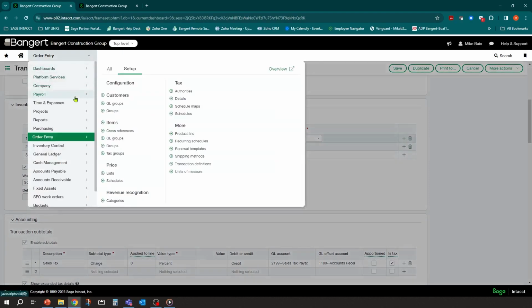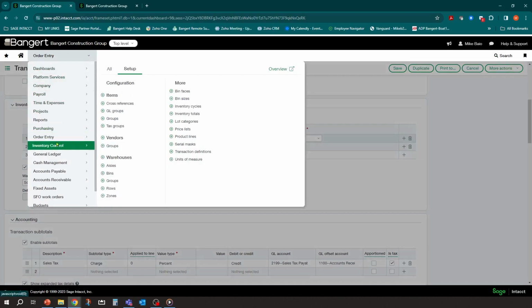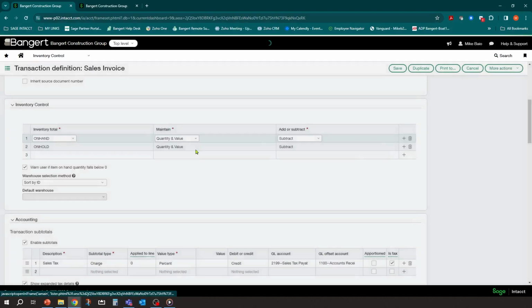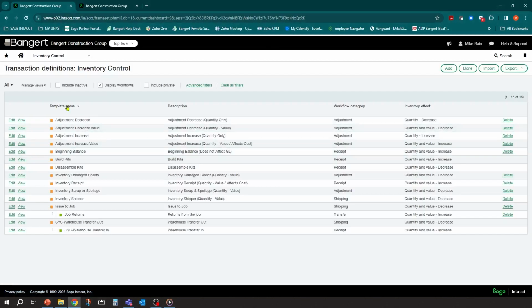And then it would work on the inventory side. Let's say you're going to have inventory issues that need to happen that we don't create purchase orders for. So this is the inventory control section. You have transaction definitions there as well. You should see one in yours called, where is it? Inventory receipt.